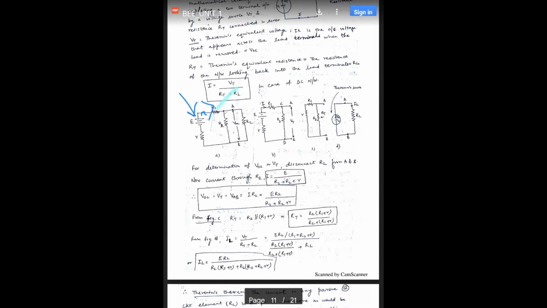Okay, so this load resistance RL is given. Okay, so this is the given circuit which we have to solve using Thevenin theorem, so as to calculate the current which is flowing